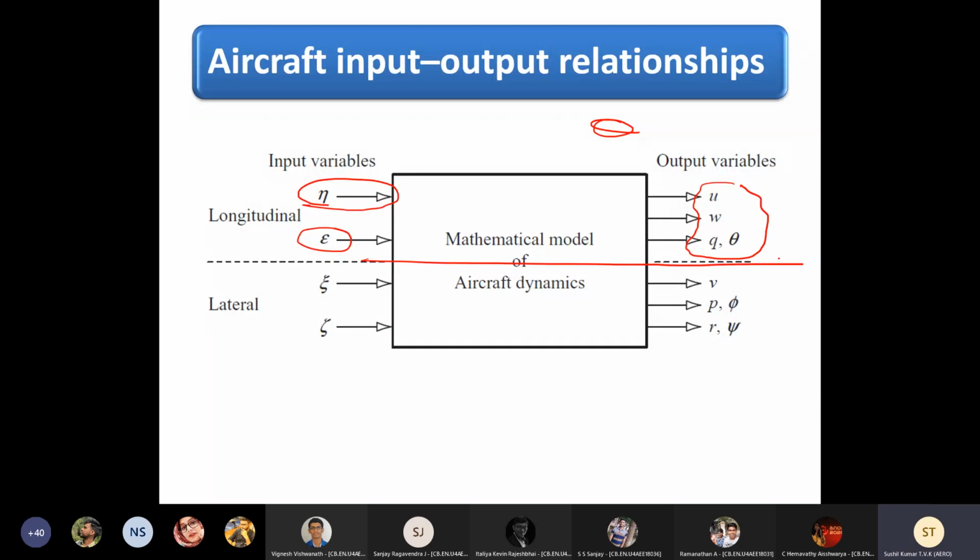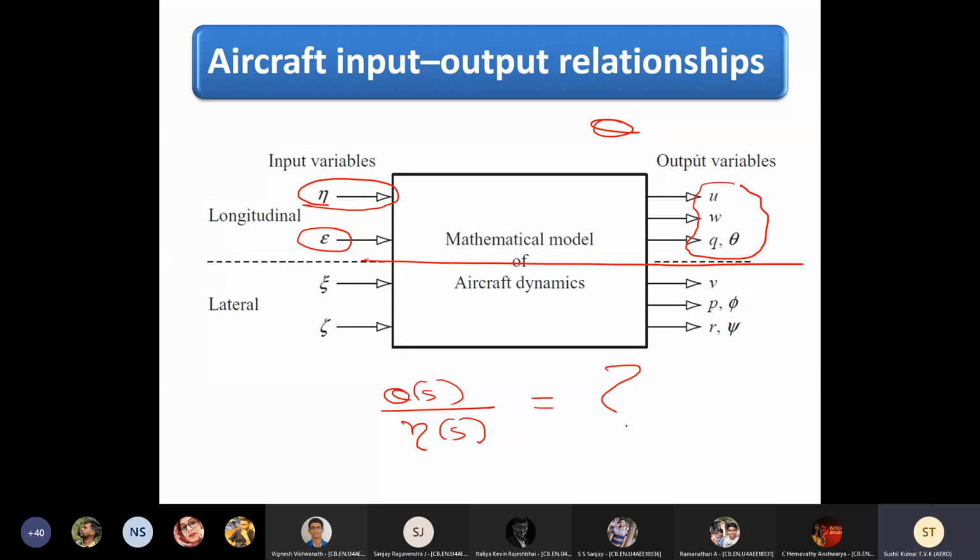So what I am interested in is some transfer function like theta of s for a given elevator deflection. What is this transfer function? In your assignment, it was given as a transfer function itself for the particular aircraft. People who had actually worked on the simulation, you picked up the transfer function from the data book, right, Ramanathan? Sir, yes, sir. So now we will have to find out how to get this transfer function. That's the next step.